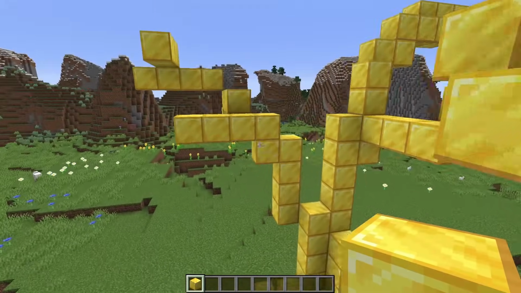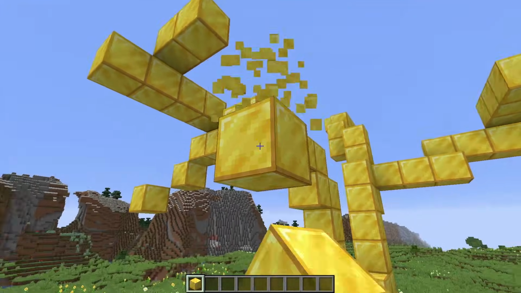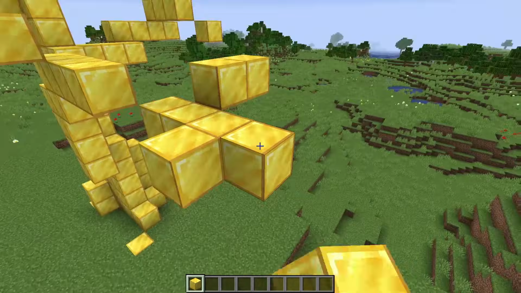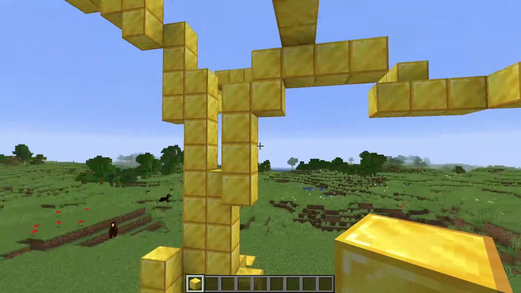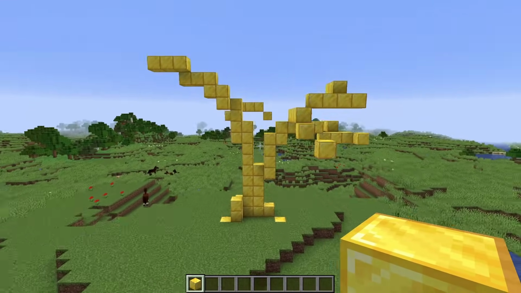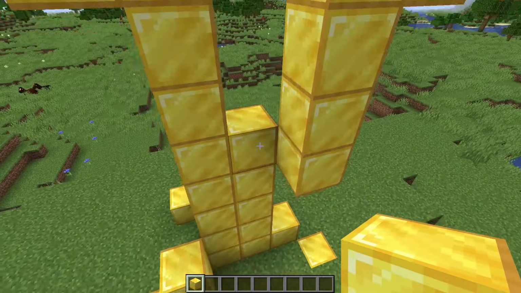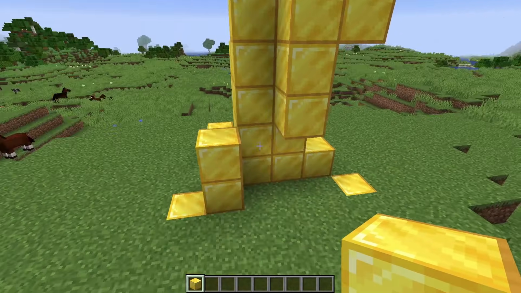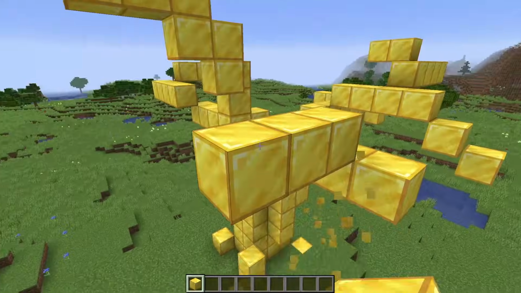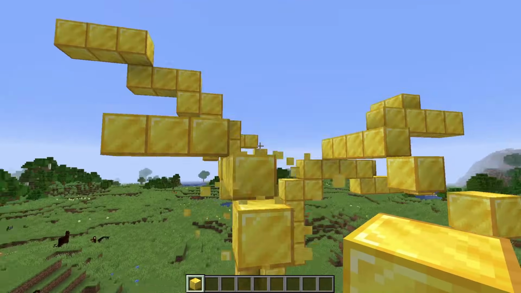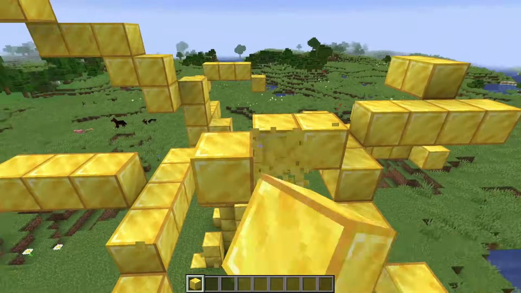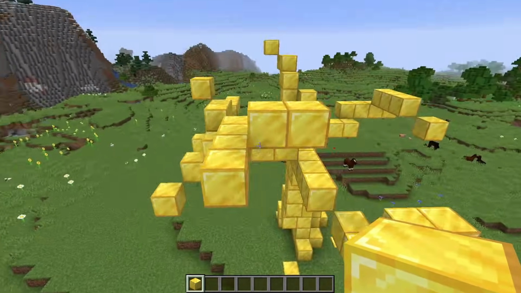Just going to keep dragging around different branches and kind of looking at it from all angles as I'm going along. I'm not thinking too much about this, honestly. There's not a whole lot of good commentary and tips that I can give you. Just build sort of randomly and organically. Let yourself do whatever you think is going to be right for this tree. I'm going to stick another branch out right here and have this one kind of going upwards and then leaning down on the ends. We'll maybe take another branch going off of this, up right here. There we go, that's looking good.